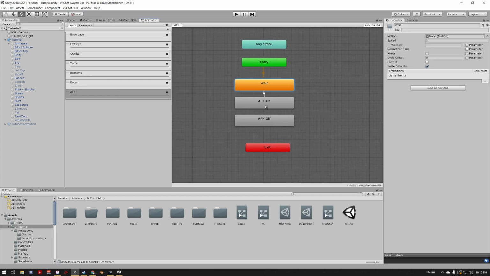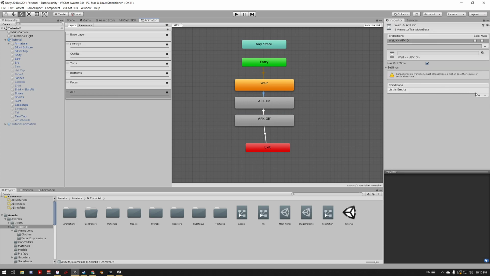Create a transition from weight to on, from on to off, and from off to exit. Now these transitions are exactly the same. We make AFK true. This one is AFK false,